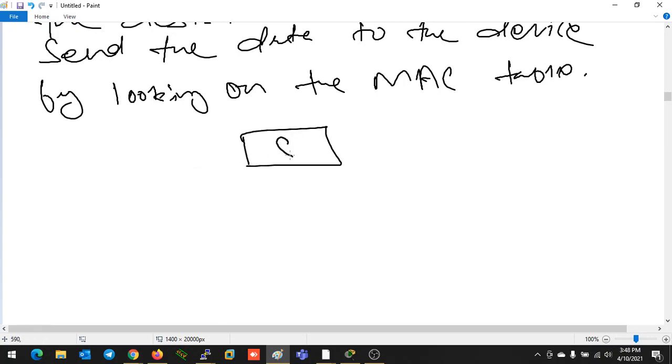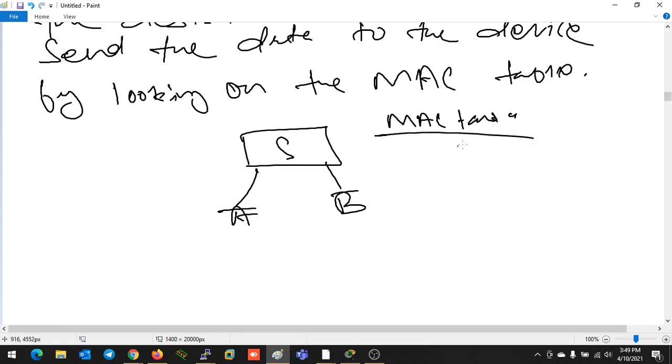For example, if this is a switch, this is A device, this is B device, and A wants to send data to B. In the MAC table, if the switch has an entry for A on port number 1 and B on port number 2, and the destination is B, the switch has information that B is connected to port number 2, so it will send the data out of that port by looking at the MAC address table, towards the device.